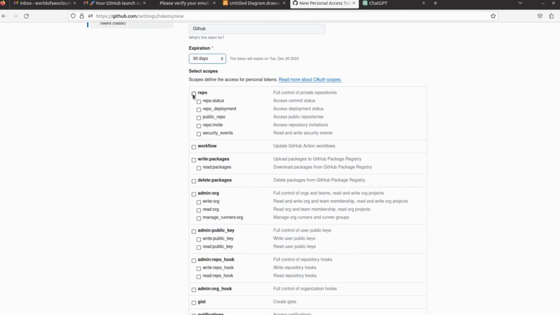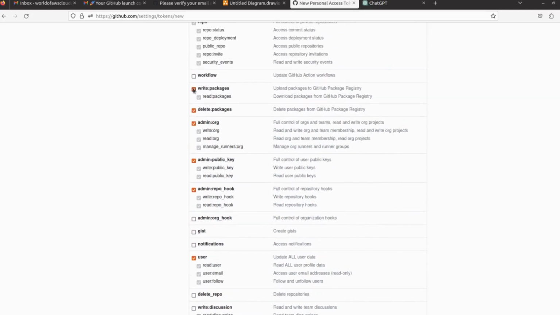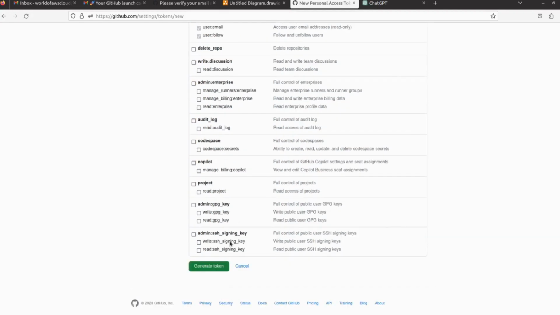So what kind of access will this token have? For repository, for workflow, for user, for notification, for gist, for admin repo, admin public key, admin org, delete package, write package, workflow, admin SSH signing key, admin GPG key, and project, whatever projects we have in this account.